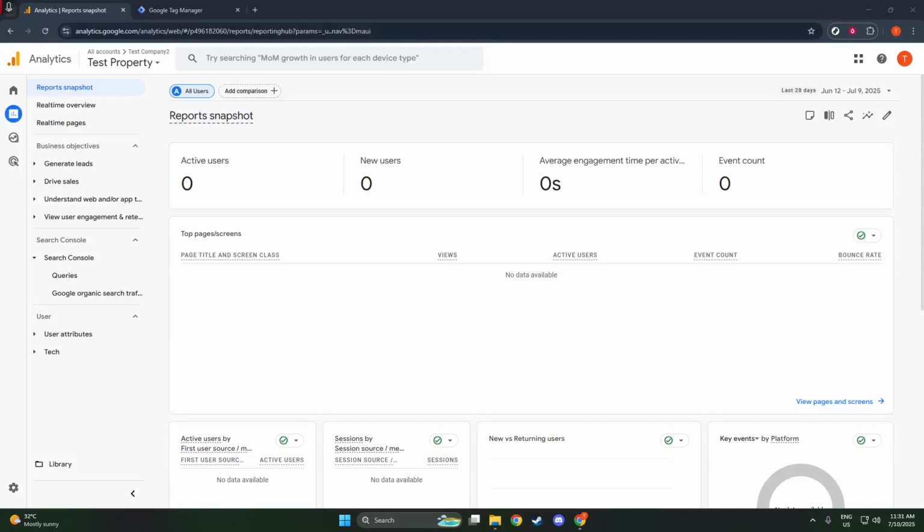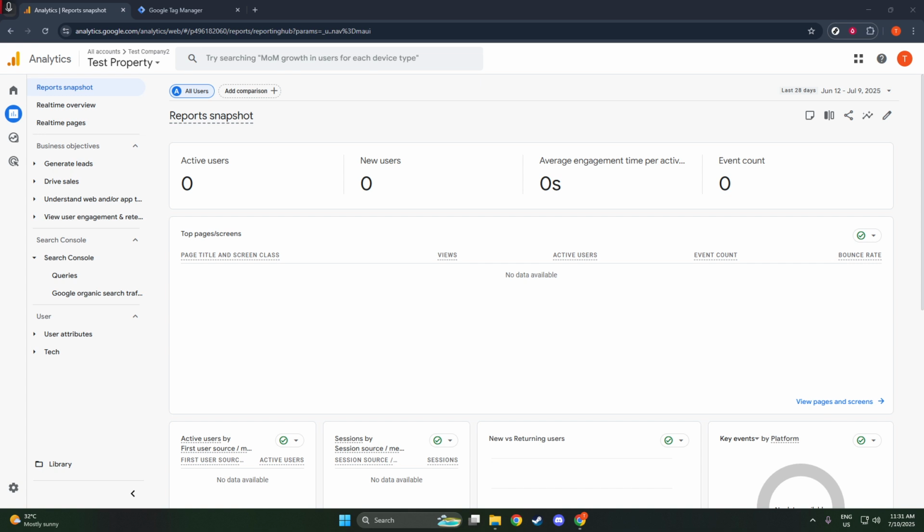In today's video, I'm going to teach you how to add Google Analytics into Google Tag Manager. This process will help you seamlessly integrate your analytics tracking, ensuring you gather all the necessary data for your website. Let's dive right in. First, we need to prepare our GA4 Measurement ID, which is essentially the key to connecting